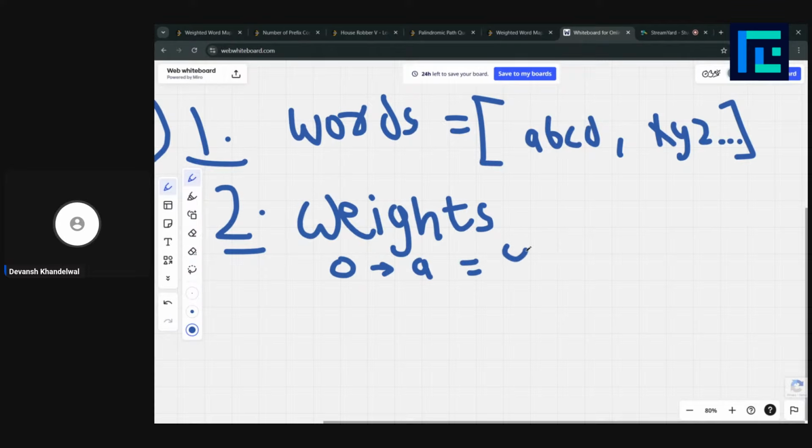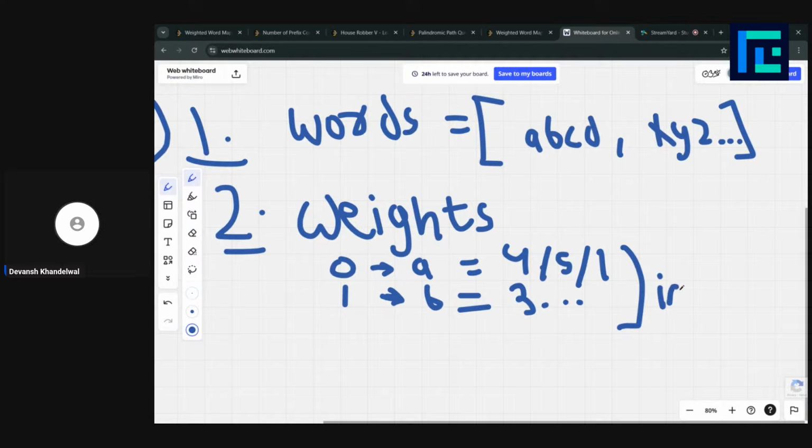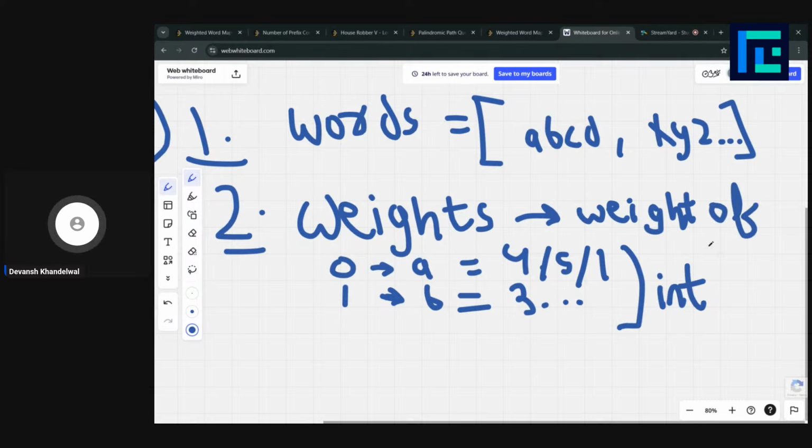For example, it could be 4, 5, or 1. Similarly, index 1 tells us about the weight of B, and again this could be 3, 7, any number. These can be integers. So what this tells us is the weight of the character.